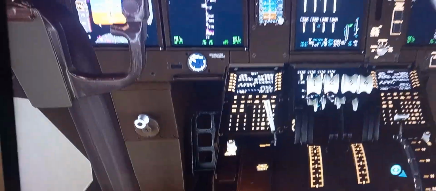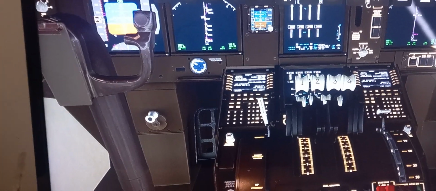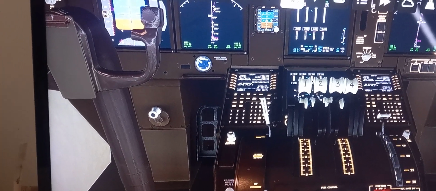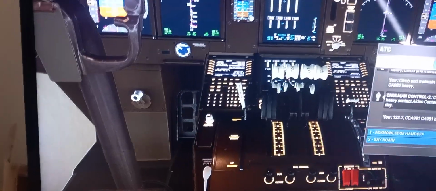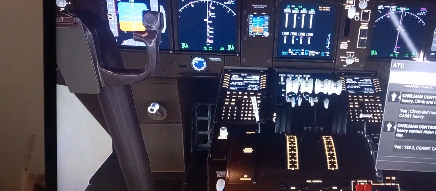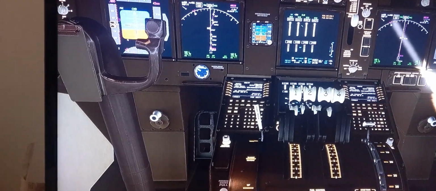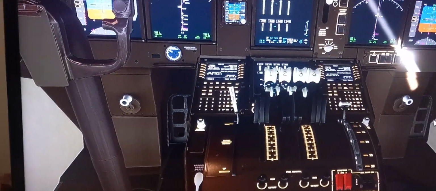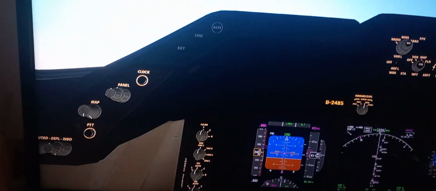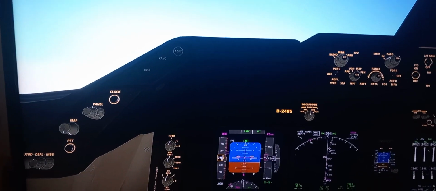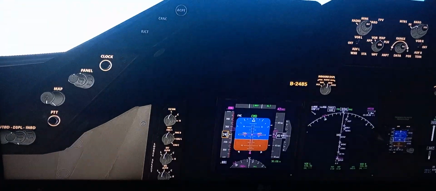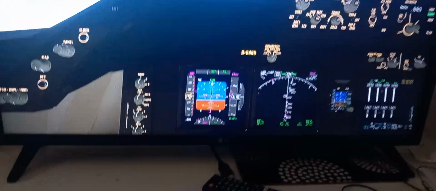Oh, at ATC. Good day. Let's say this is my female co-pilot using the ATC. I don't know if there's a way to change the voice settings in the ATC. Alright, so there we go. That's the full cockpit view